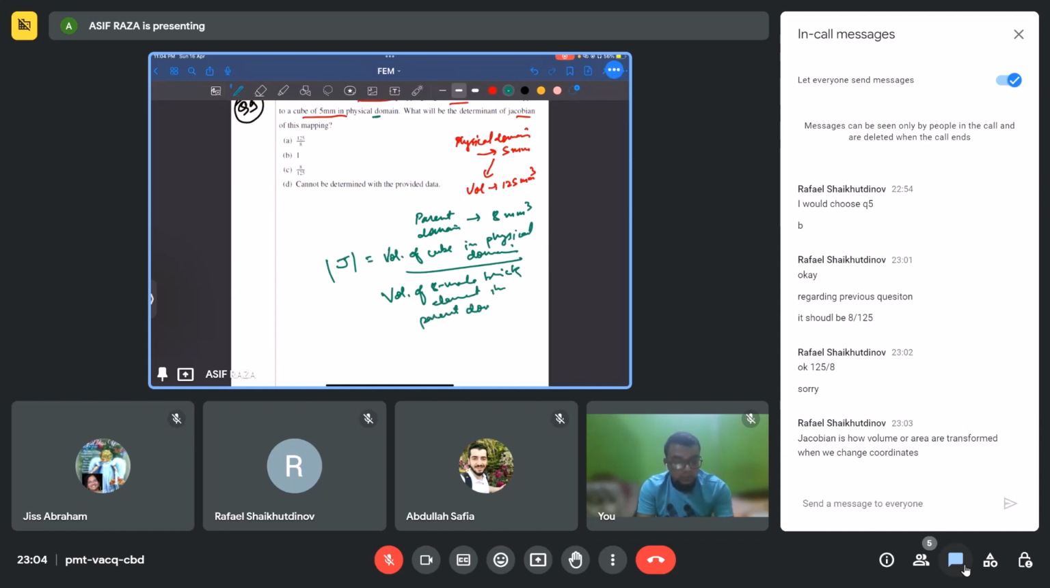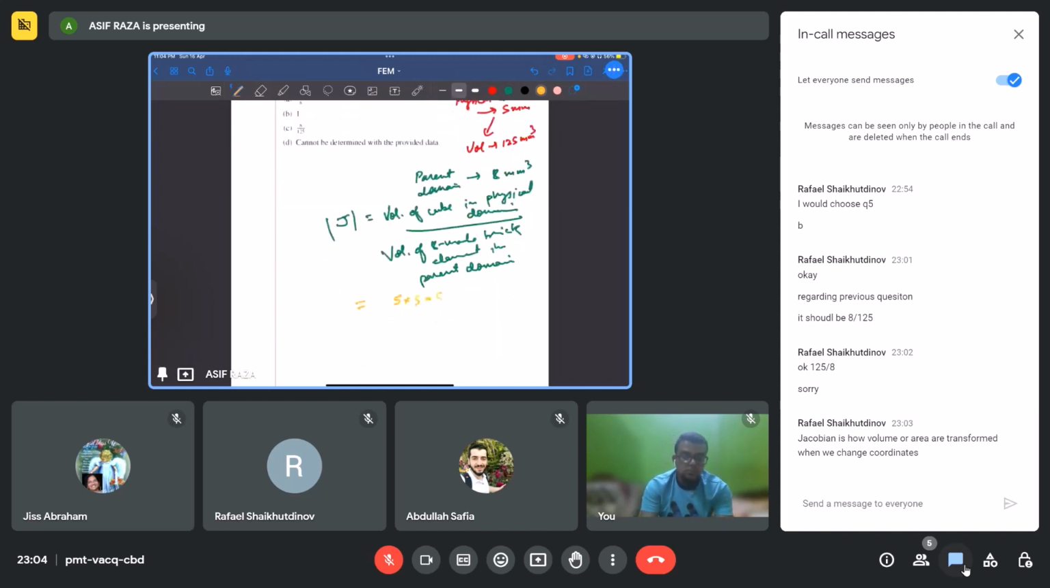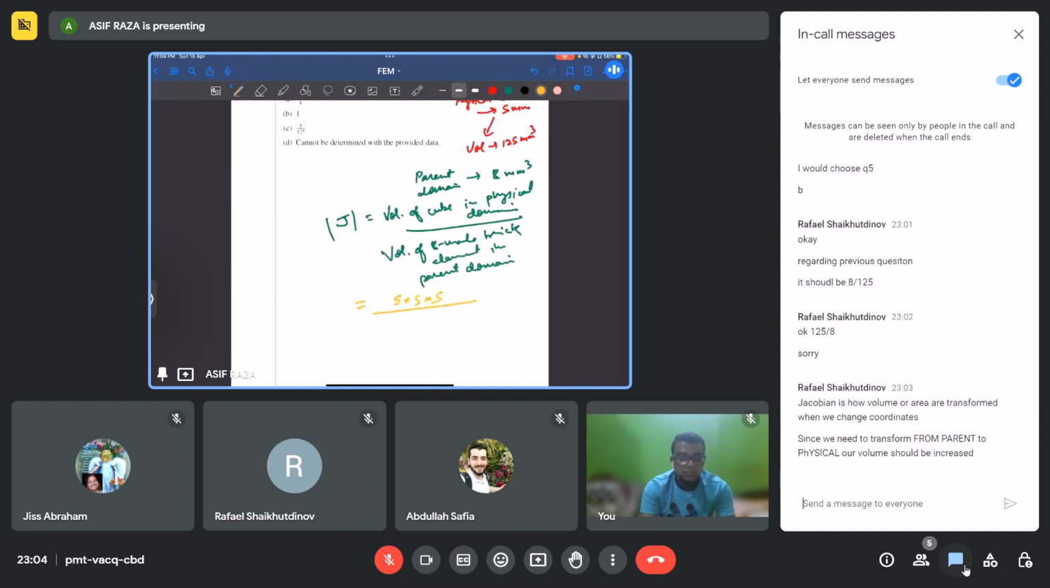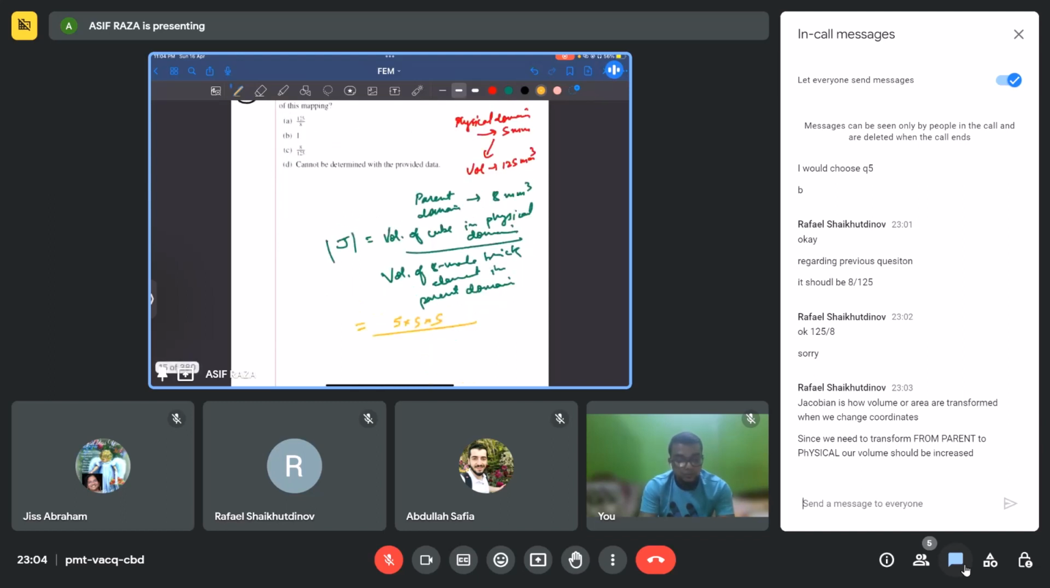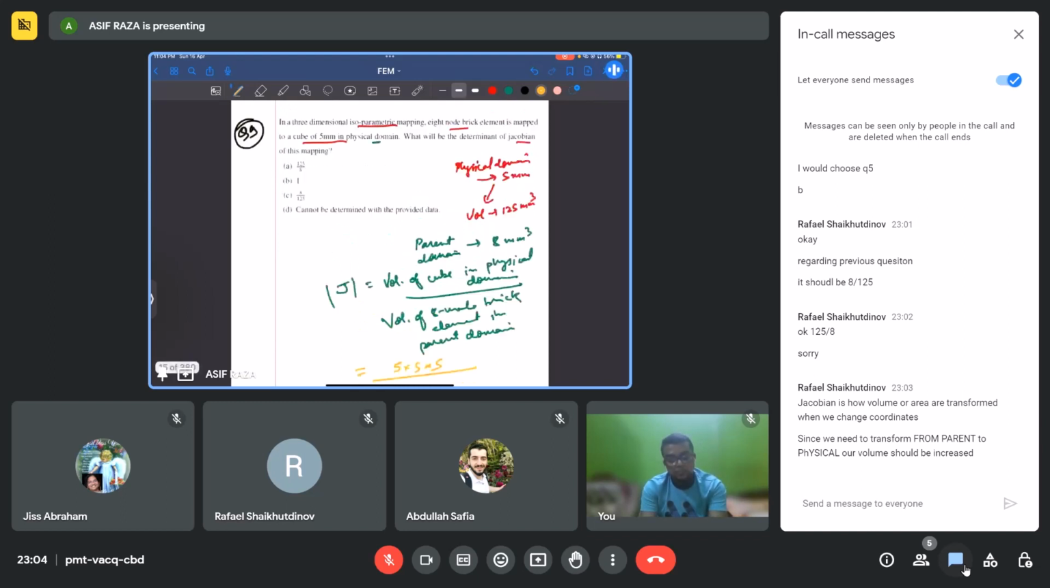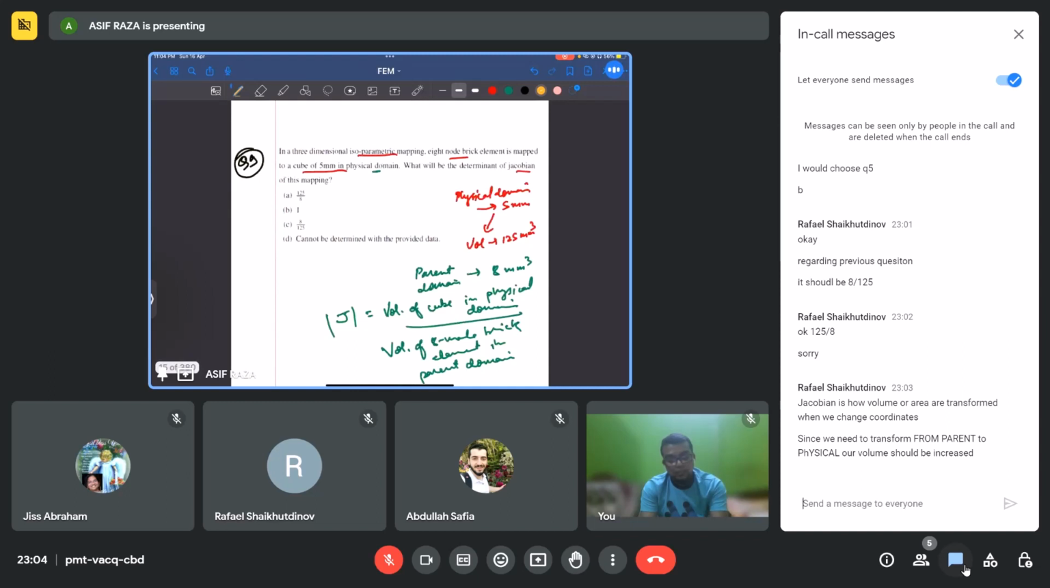This should be correct. So the given thing is that the volume of the cube in the physical domain is 5 into 5 into 5. Actually, if I see just this question, the volume of the 8-node brick element in the parent domain is not provided. So with regard to that, if we just see this given question, it cannot be determined with the provided data. But if we try to connect it with the previous question,